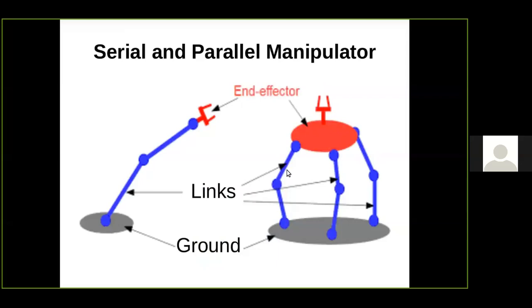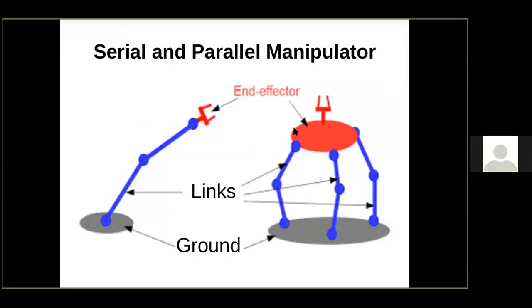You can see a link, a hand over here, a hand over here, and many other hands can also join to do a task. At the end of the manipulator, there will be a gripper to hold the object of interest. That is called an end effector. So that end effector is called a gripper. The end effector will hold the part and move it to another place, where it can place the object.